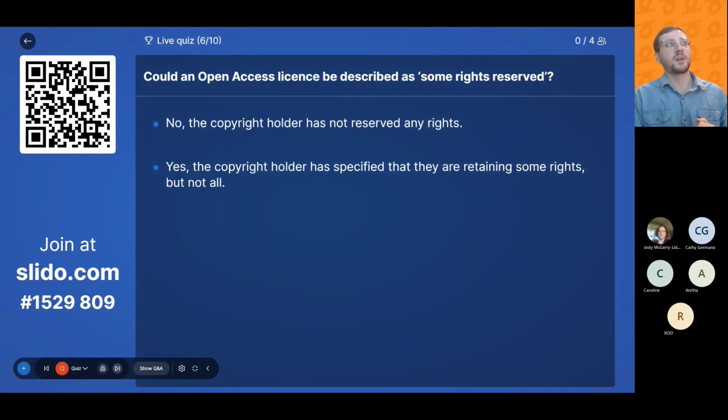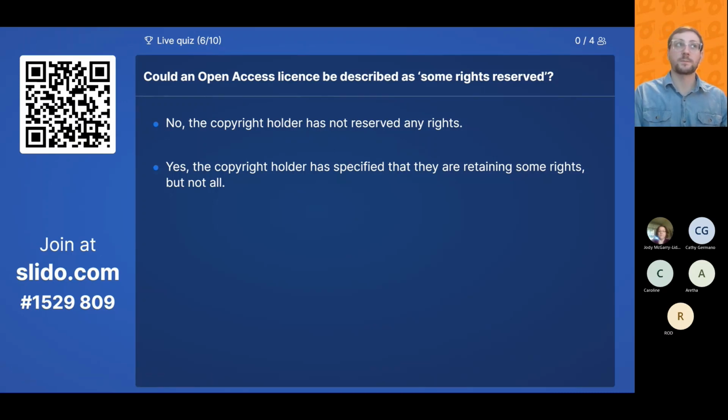Question 6. Could an open access license be described as some rights reserved? The answers are no, the copyright holder has not reserved any rights, or yes, the copyright holder has specified they are retaining some rights, but not all.